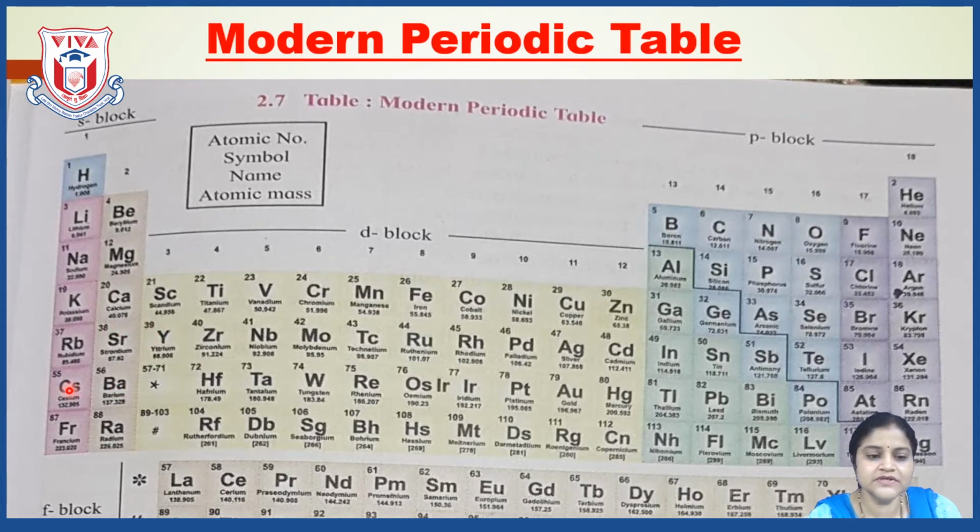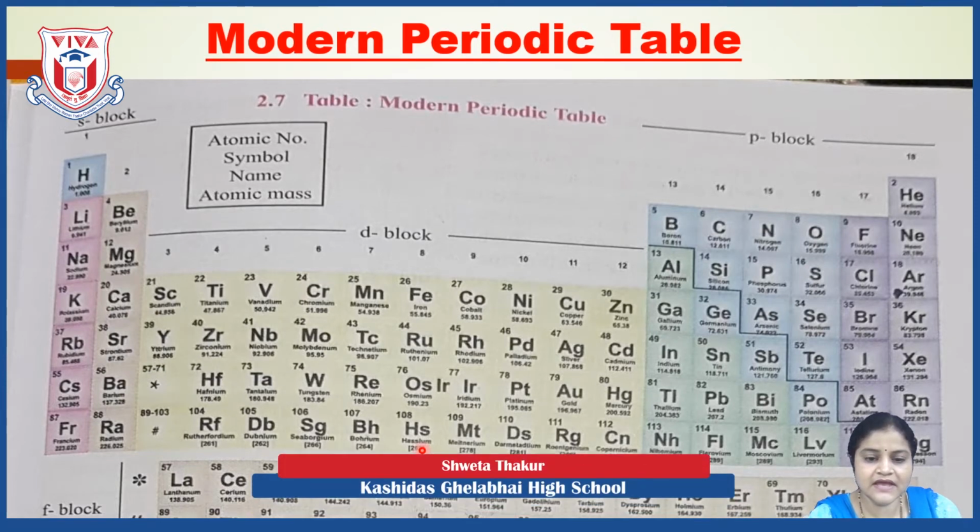Then coming to the sixth and the seventh period. In the sixth period, you can see that some elements are missing, with atomic numbers from 57 to 71. If you observe clearly at the base of the main periodic table, you can see from 57 at the end to Lu, up to 71. So these elements we have to add in the sixth period again. So in total it makes 32 elements.